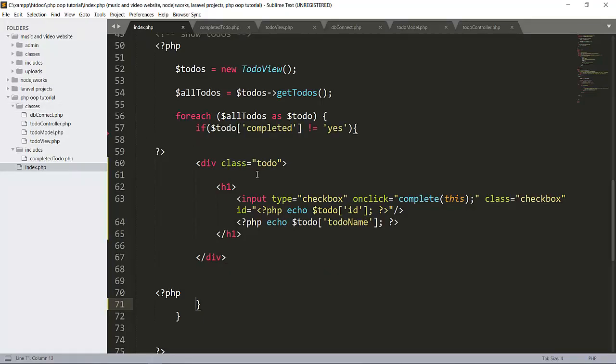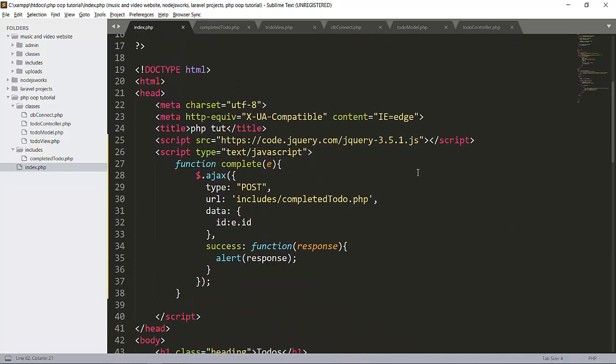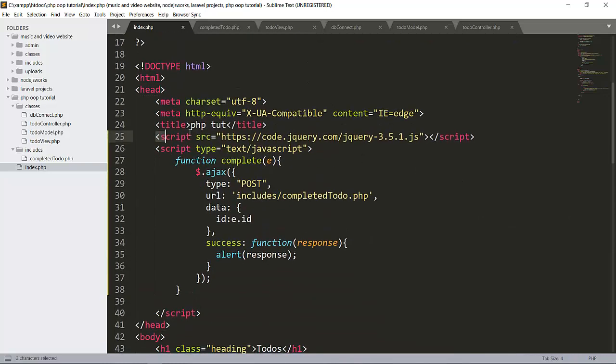Now let's see how the Ajax works. Here on the click function I added complete, and I pass the parameter this, which means this whole input. So I pass the whole input in this parameter. First of all we want to add jQuery, because we are using Ajax with jQuery, not pure JavaScript.